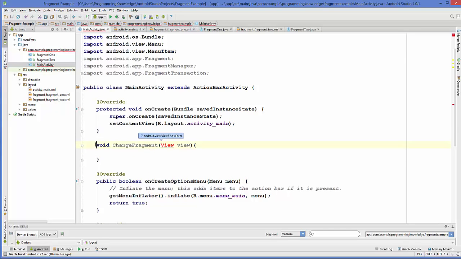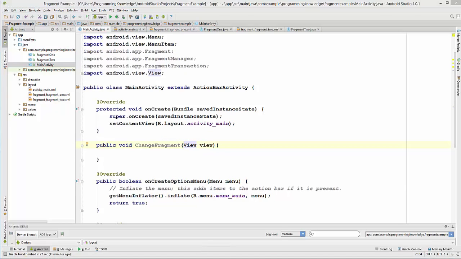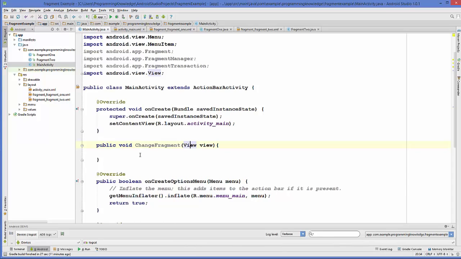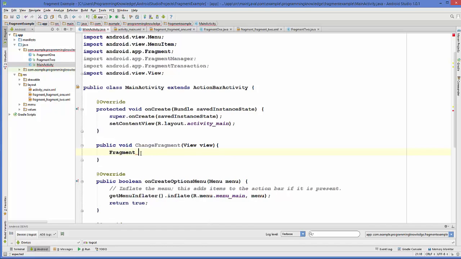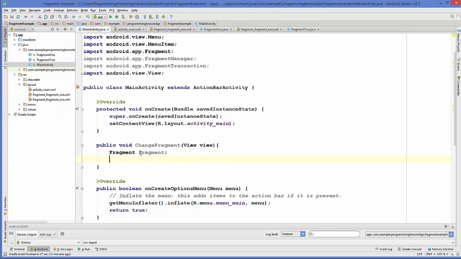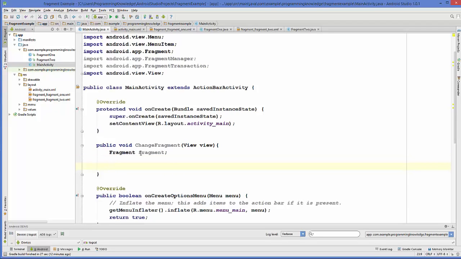Let's make it public, and to resolve this just press Alt Enter. Now inside this method what we are going to do is, first of all we will create an instance of Fragment. So Fragment, and we will name it fragment itself, for example. Now on button click event we want to open a fragment, right? So we are going to check which button is clicked first. So if